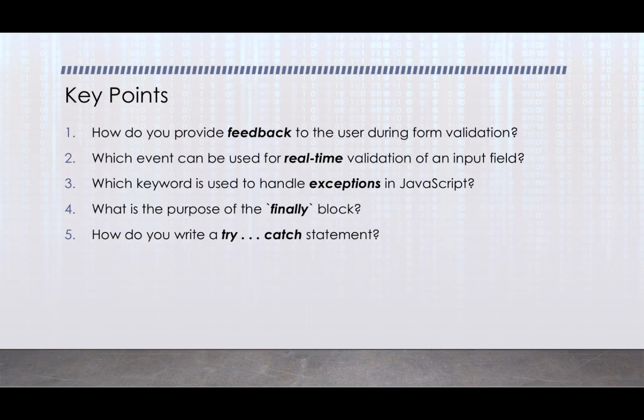All right, folks, that's it. Hopefully you got a pretty decent feel now for try, catch, the occasional finally, and throwing errors, and how those all work together. And then on top of that, also, we got a good look at how to do real-time validation. Like as the user's typing, we give them messaging. And hopefully the other thing we're learning here is that we want the user messaging to be clear, to be in their face where they can see it. And there are things we can do to animate it and make it even more noticeable and this type of thing. But for now, I just want to give you the basic idea.